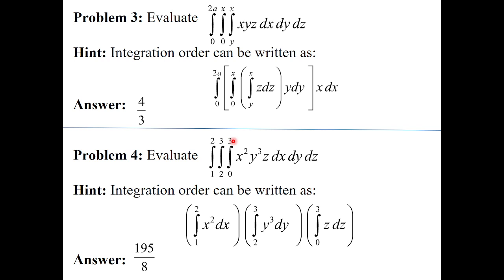Now again if you are going for the next one, if you check this integration, innermost limits are y and x, so integration with respect to z first, then limits are of x, so integration with respect to y, and lastly with respect to x. Now all these limits are constant, सारे limits यहाँ पे constant है. So one by one you can take the integration. First with respect to dz, dz के limit हो गए 0 to 3. Then with respect to y, so limits of y it will be 2 to 3, and lastly with respect to x. So from this side we will take the order. ठीक है, right to left this order we will follow.